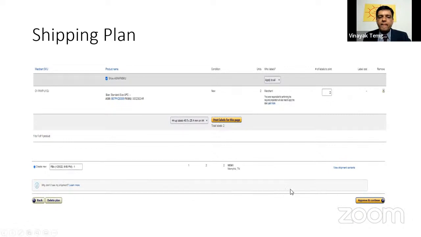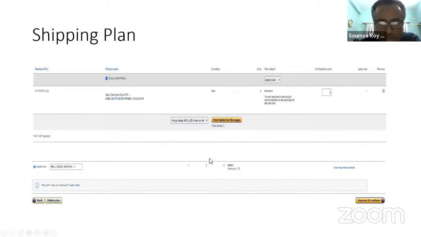Yes. So after that, they will show you the warehouse name. So you can see below, create new MEM1 Memphis TN. So they will randomly select a warehouse where you need to send the consignment. And here you can rename the consignment. By default, it is coming system generated, right? So you can maybe create a consignment name based upon your product and the date when the consignment